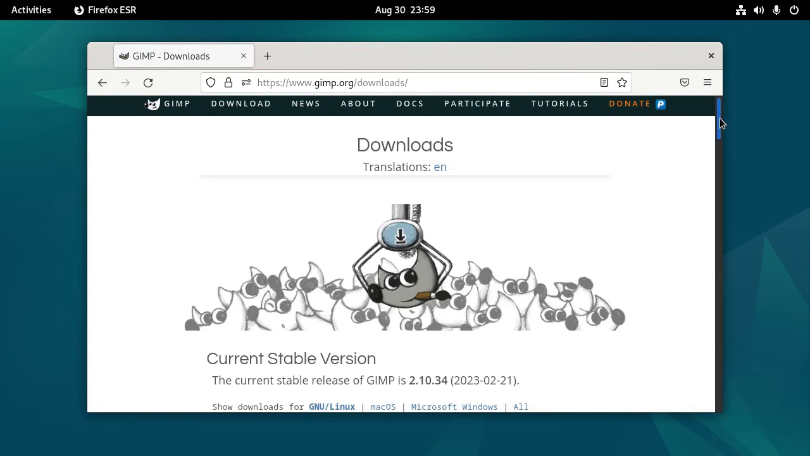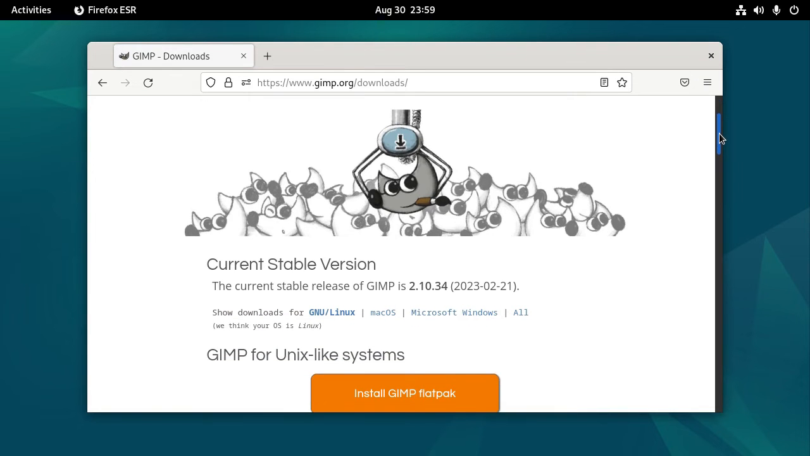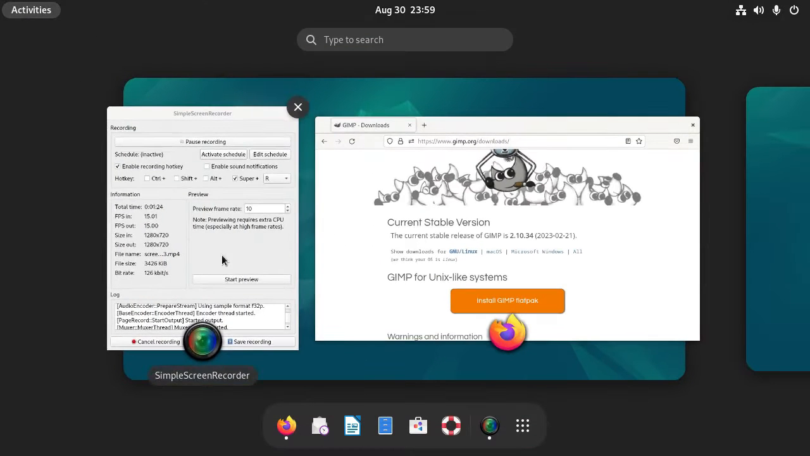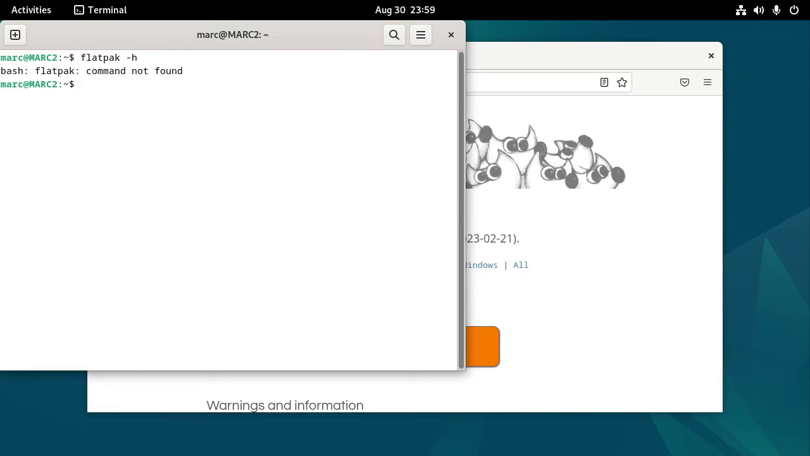Now, you can use apt to install GIMP. But a more recent tool for doing that is Flatpak. Now, you may or may not have Flatpak out of the box. So what I'm going to do is go ahead and start up a command shell. And I'm going to type flatpak -h, and it says command not found. So I've completely removed it from the system so that I can install it and show you how the installation